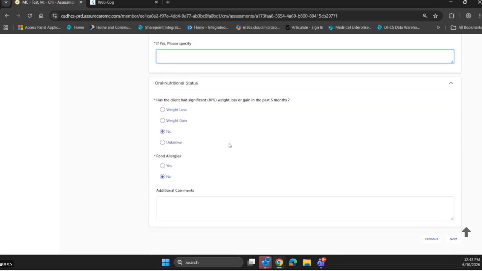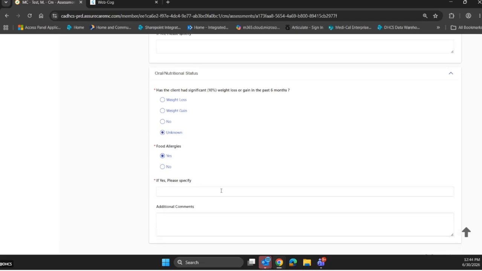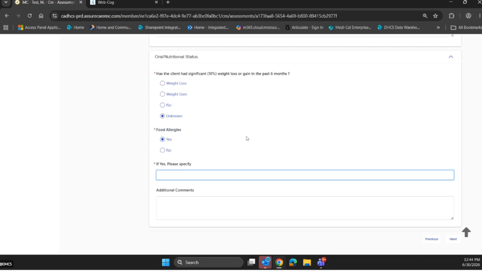And then this oral nutritional, we did kind of clarify. It was a little weird how it was worded originally when we were putting this question in. So you can indicate if there's weight loss or weight gain. It's not both at the same time, which it was kind of phrased that way before. And then no or unknown. And then the same thing with food allergies as medication allergies,